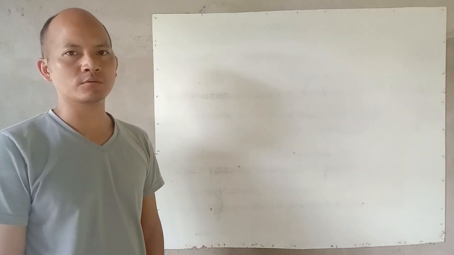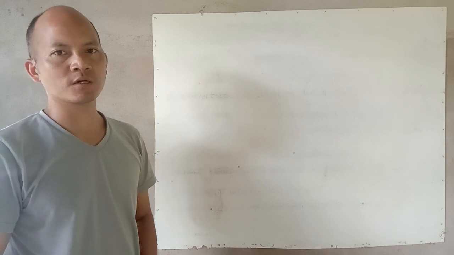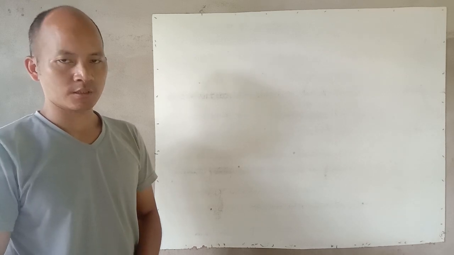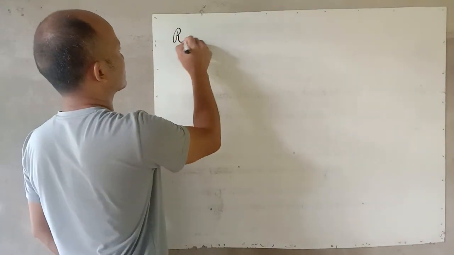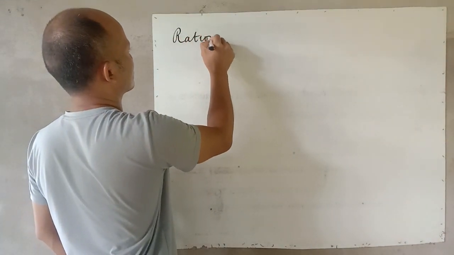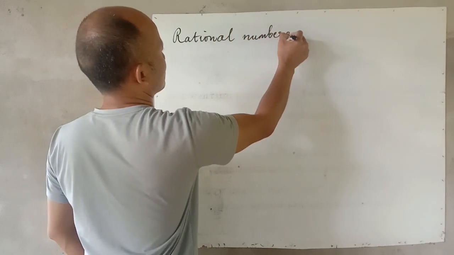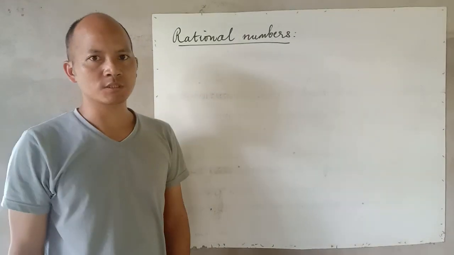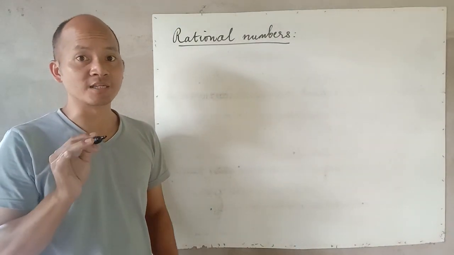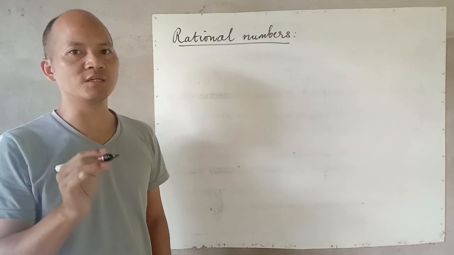Today we will be talking about rational numbers and we will solve the related topics. Now, let us talk about rational numbers. Alright, rational numbers. Rational numbers are the numbers which are in the form of P by Q,